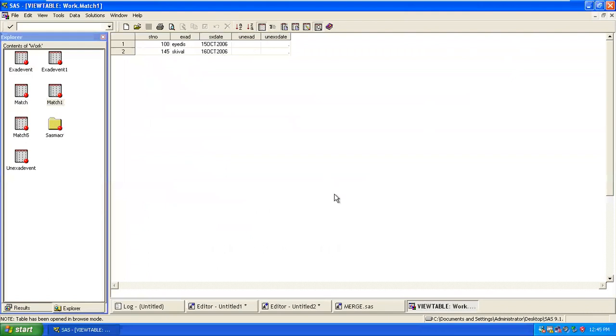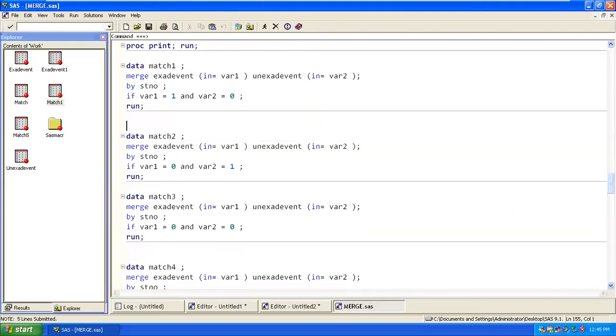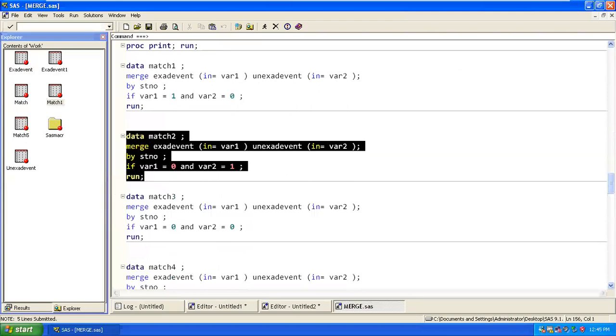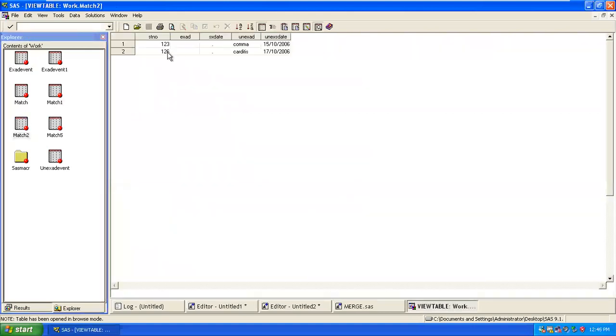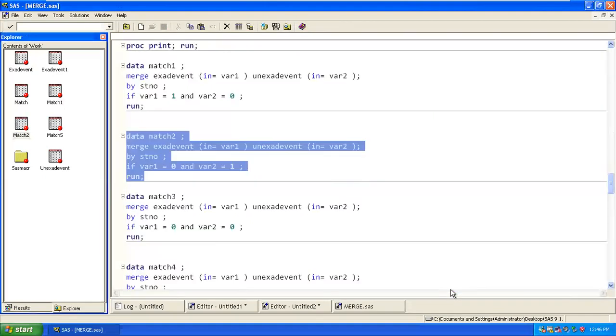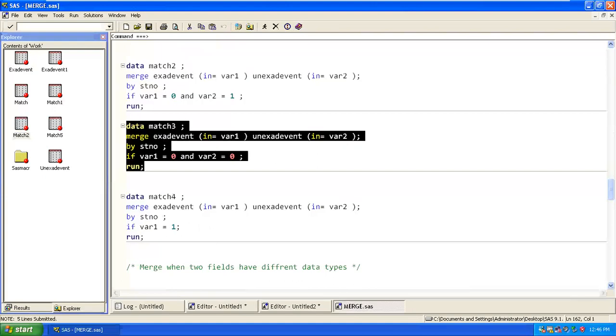This will be the right order, left order. And the same thing applies similarly for right. This is a very useful thing we use generally on a daily basis. Now serial numbers 123 and 126 are available in the right table, but the information in left is not available. Getting it? Got it? And this is something which is not available in both those tables.